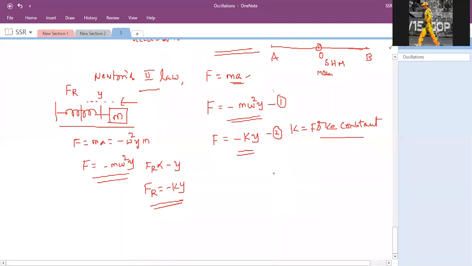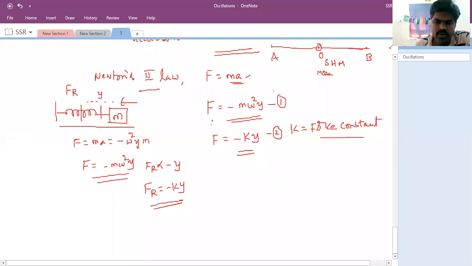Yes, sir. Right. So this is about the restoring force acting on a particle. Then you can take either m omega square y or ky. So then what is the k value, you can define based on these two equations. Then you can equate minus ky is equal to minus m omega square y. What is this k? Force constant, or you can say spring constant also. If it is a spring, we can say spring constant.